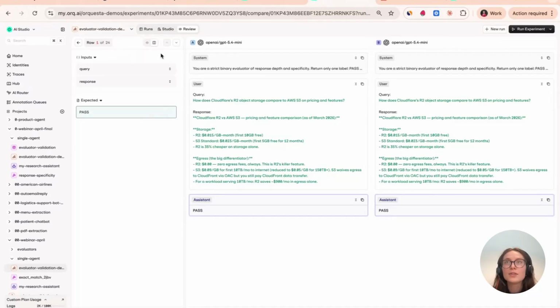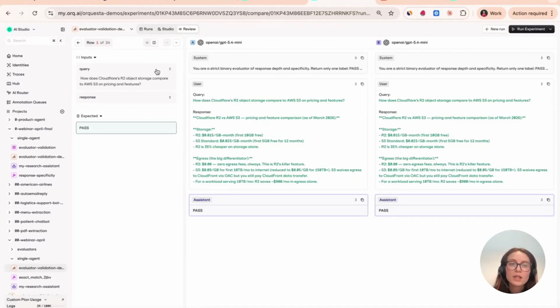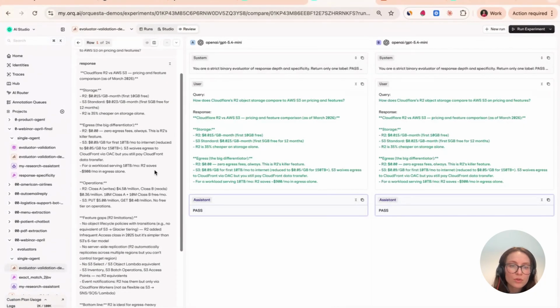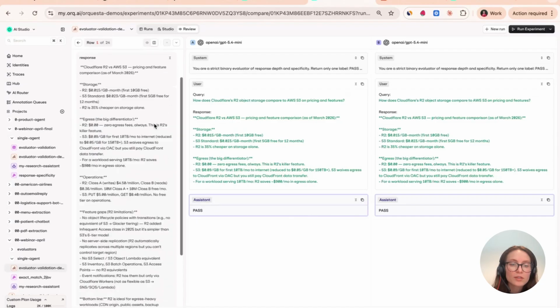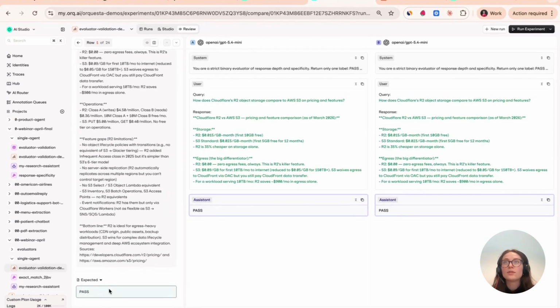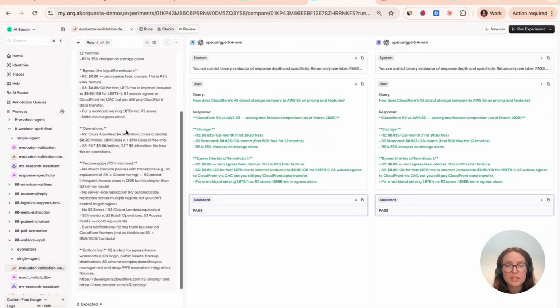And then here on the left side, you see inputs. For row 1, you see the query that I just mentioned and the full response of the research agent and the expected pass or fail of the response depth evaluator. So according to this evaluator on our now synthetically annotated data set, this should be a pass. This answer is deep enough.